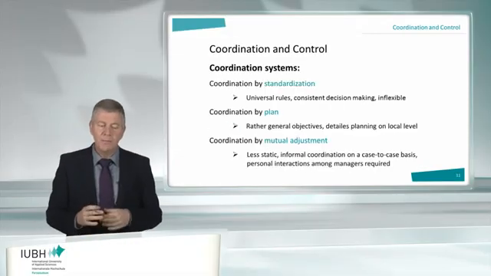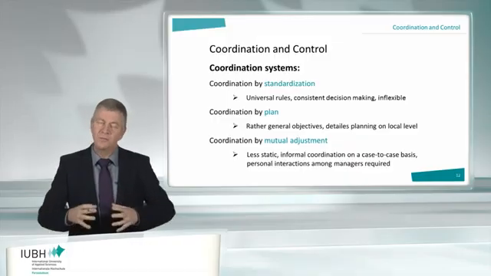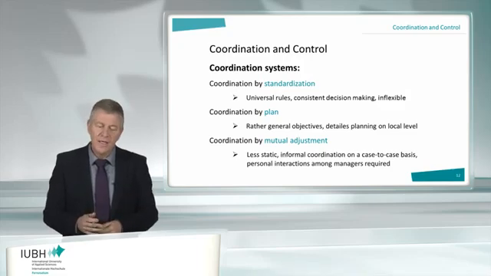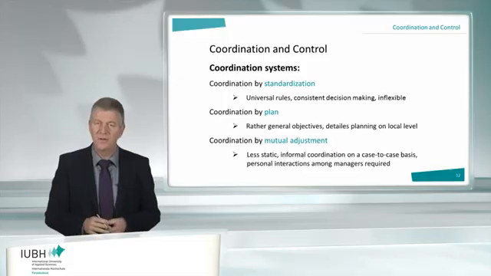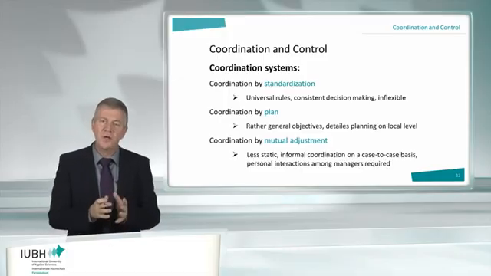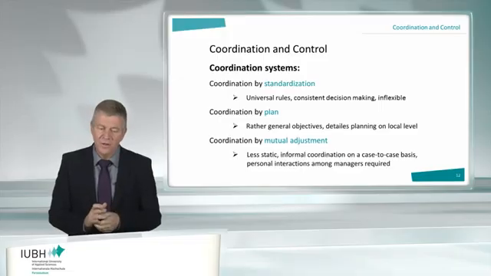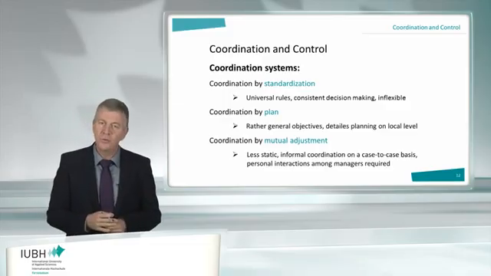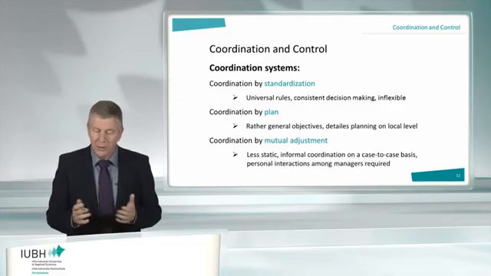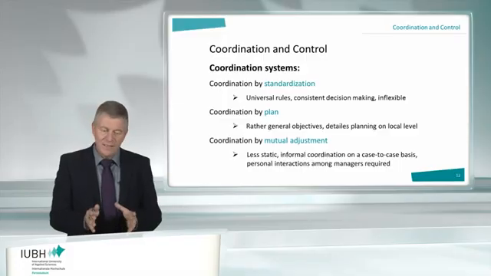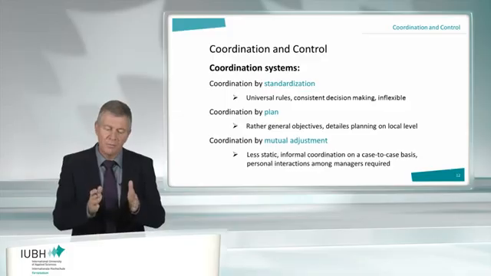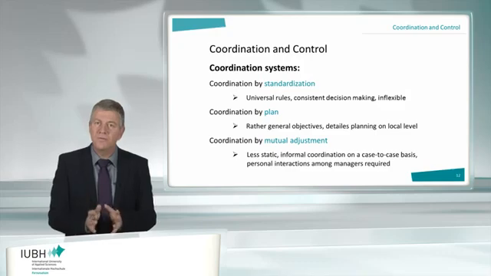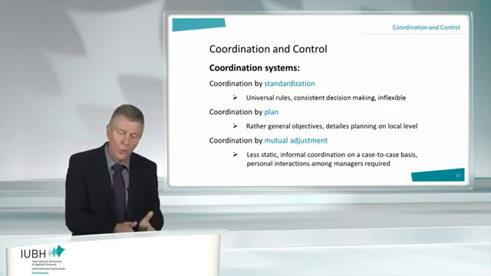Now we want to talk about coordination and control, because that is more or less the operational part of organizational structures. And first we want to discuss coordination systems. And we have actually three possibilities to coordinate within an organization. We have coordination by standardization, by plan, and by mutual adjustment. Now what I have to say is you won't find a coordination system that is marked by only one of these characteristics. None of them are standing alone, but you find organizations with an emphasis on one or the other